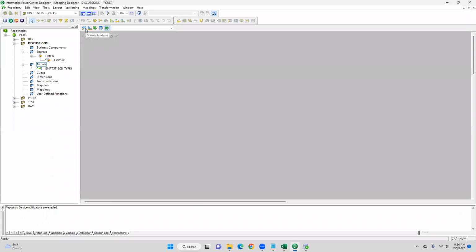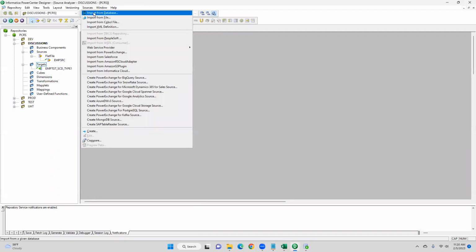I'm skipping the prerequisite step. What is a prerequisite step? Importing of source and target objects, right? We need to import the source object. We need to be on the source analyzer, go to the source tab, import from a file. If it is a file, if it is a table, you need to go for an import from the database